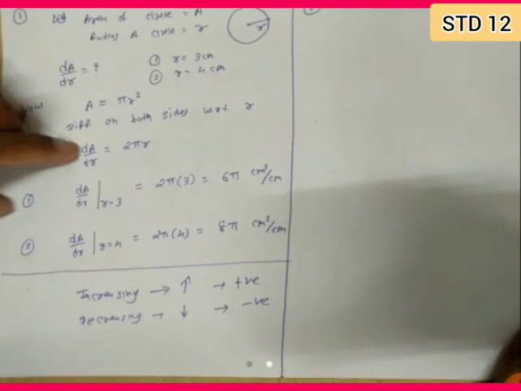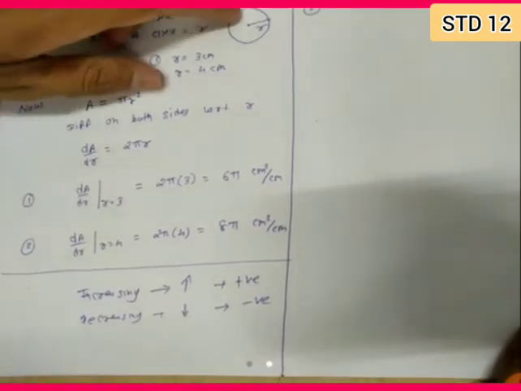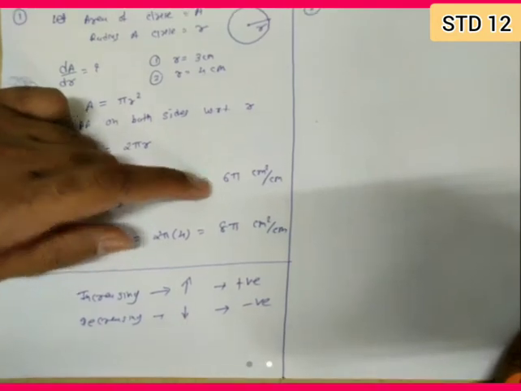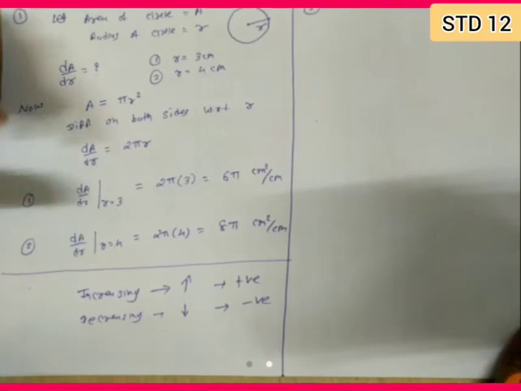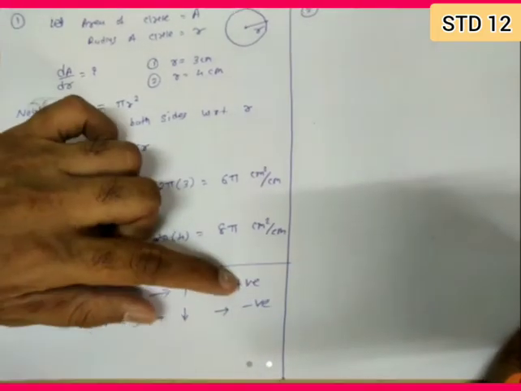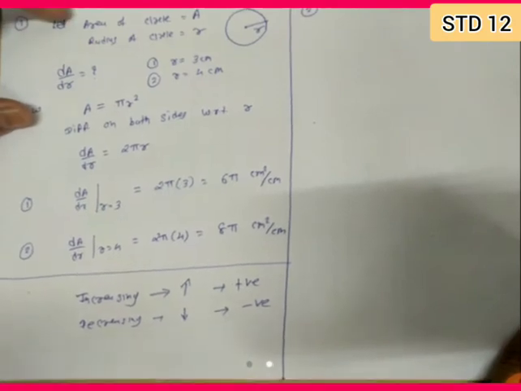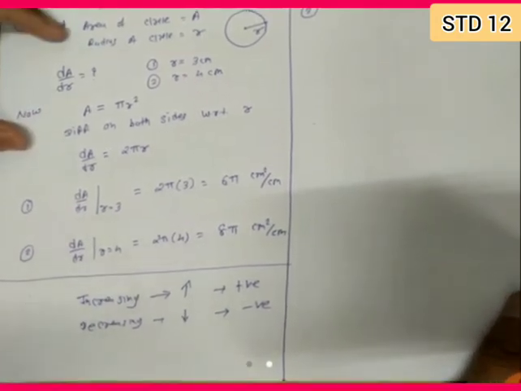Right? Here, rate of change of area with respect to r. If dA by dr is increasing with radius r, you have to consider positive quantity. If the radius is decreasing, that means rate of change of area with respect to r will decrease. You have to consider negative signs. Done. So positive sign means rate of change is positive. That means it is increasing. Negative sign means rate of change is decreasing. So quantity is decreasing.